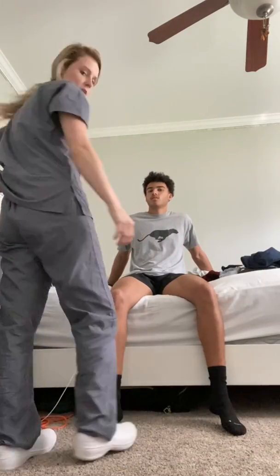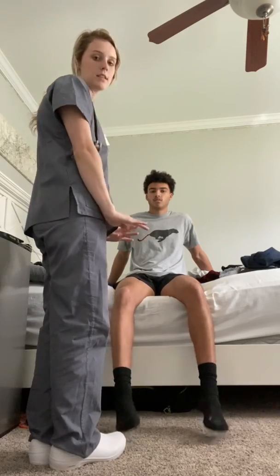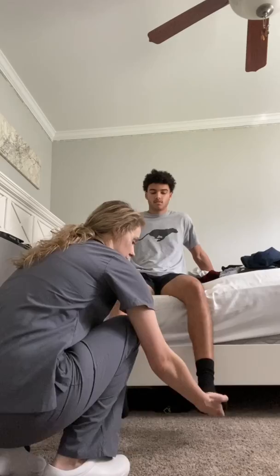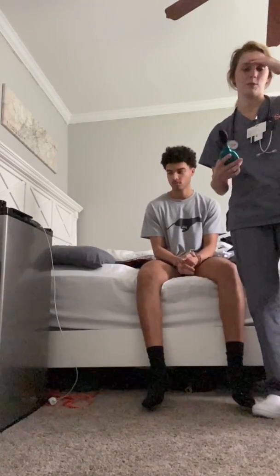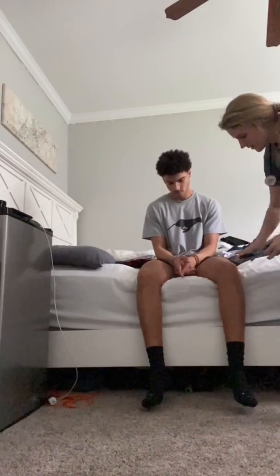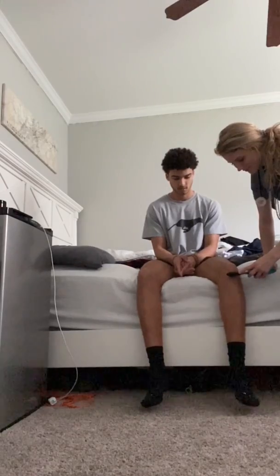Okay, and now we're going to do muscle strength. So we're going to have him push up against the hands and then down against the hands. So push up, push down. Okay, okay, now we're going to do a deep tendon reflex, and we're going to do the patellar, and we would use a reflex hammer, but we're going to use a brush today. Okay, so we're looking for the reflex in the leg. Okay,